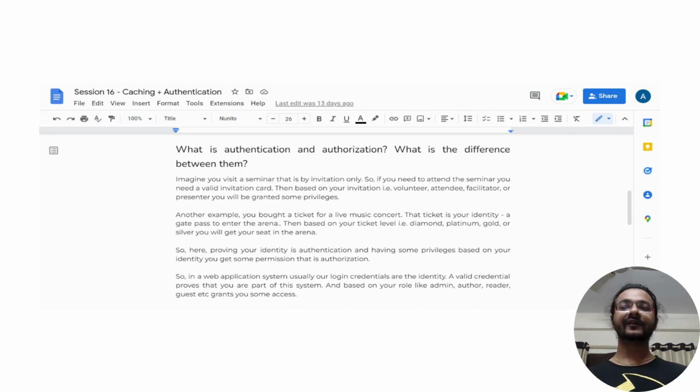Public as in anyone can see that data, anyone can see those pages. All right, and there would be some data, some pages which are specific, sensitive, जो private हैं, जो sensitive हैं, which we can't share with public, मतलब हर किसी के साथ हम लोग शेयर नहीं कर सकते हैं।